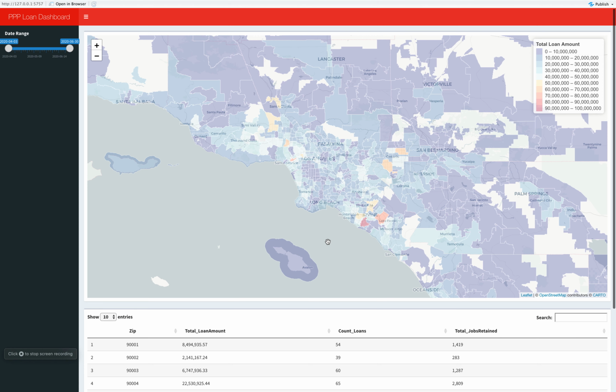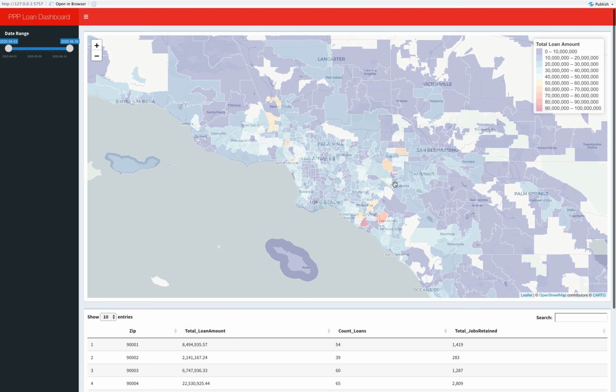And today I'm going to show you a nifty little geospatial dashboard that I built using the SBA Paycheck Protection Plan loan data for all loans under $150,000 in California. This interactive spatial dashboard was built primarily using the R Shiny library, which built the interactive UI you see here, along with rgdal for geospatial data processing, dplyr for joining and transforming data tables, RColorBrewer for producing these beautiful custom color palettes you see here,